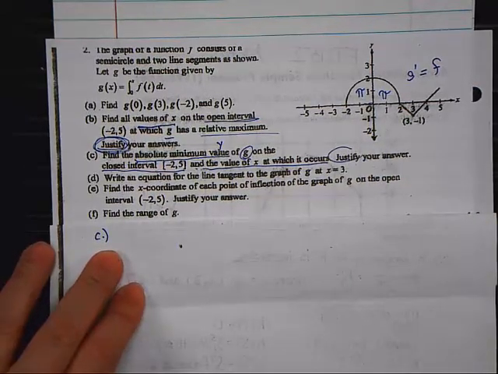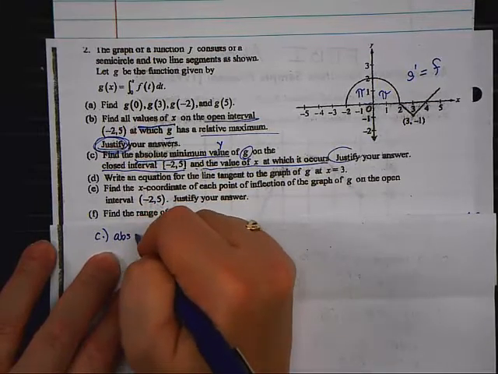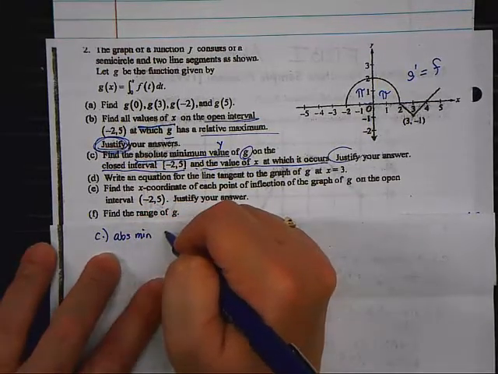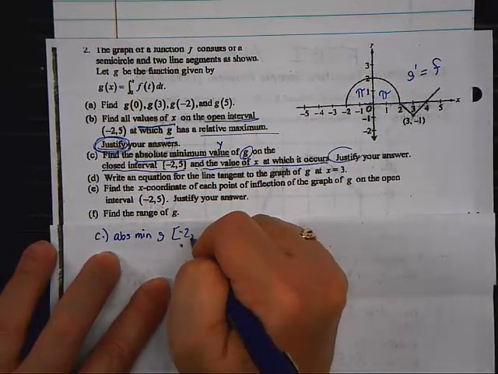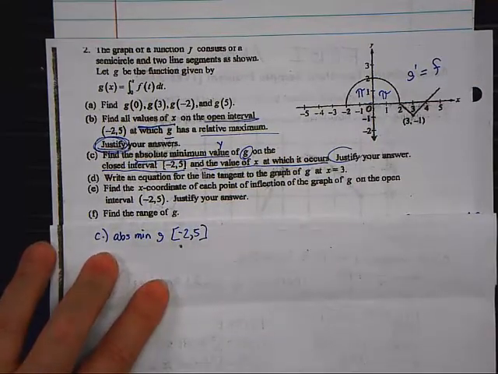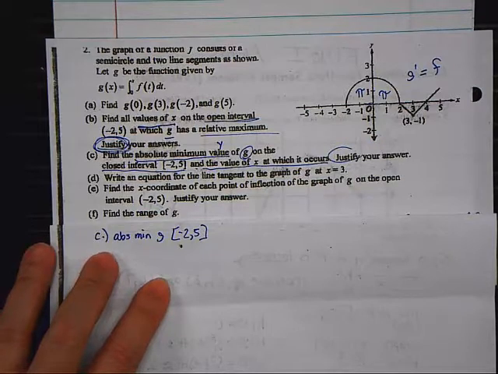Okay. So let's summarize what we're doing. Absolute minimum of G on the closed interval from -2 to 5. There it is in simple English. Simple abbreviation. And I got to justify. Okay. We did an absolute minimum on the front of this document. If you need to go back and look,